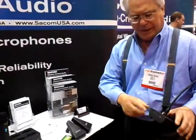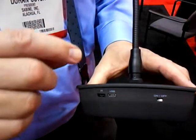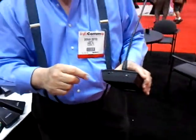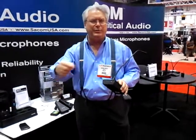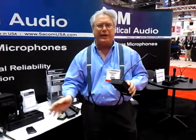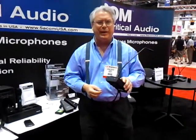And in the back, there's a USB port. All of our transmitters have USB in the back so that they can be used to charge the batteries and use the unit at the same time. For example, if you have a very long meeting and your batteries go dead, you would just take a USB off your computer and plug them into the transmitter and you can run indefinitely. Some of our clients take the batteries out altogether and simply plug these into the wall and have a mobile system without any wires going back to their